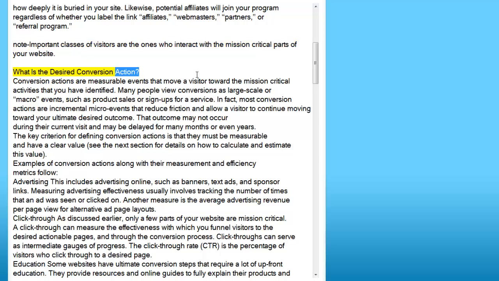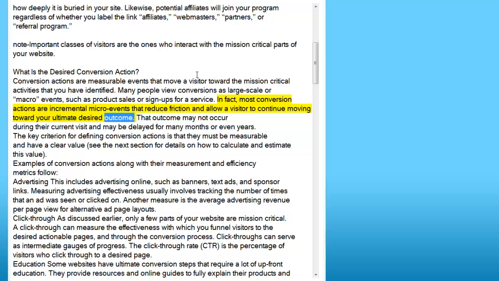What is the desired conversion action? Conversion actions are measurable events that move a visitor toward the mission-critical activities that you have identified. Many people view conversions as large-scale or macro events, such as product sales or sign-ups for a service. In fact, most conversion actions are incremental micro-events that reduce friction and allow a visitor to continue moving toward your